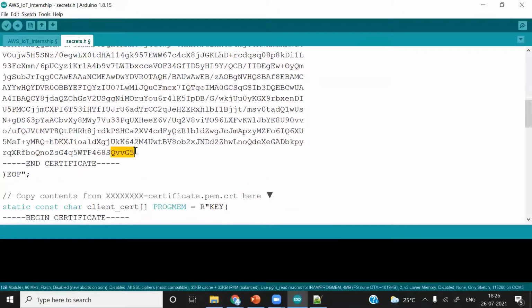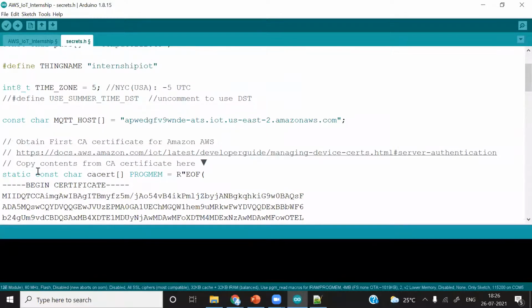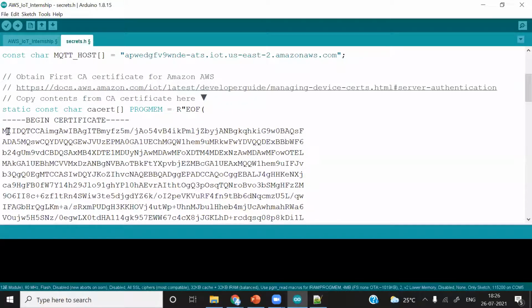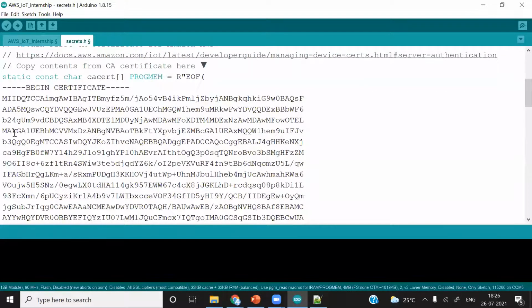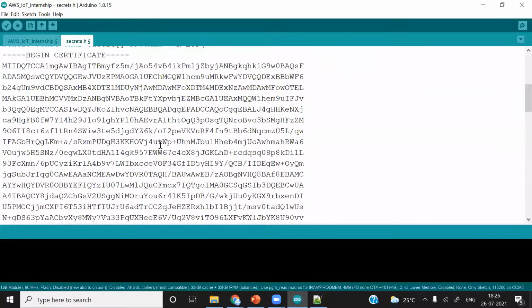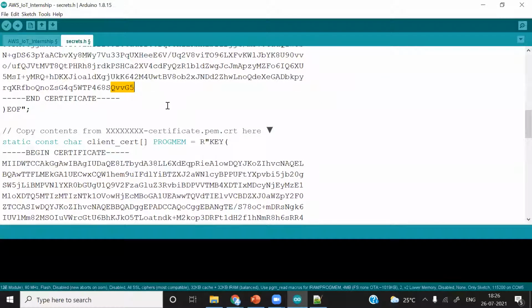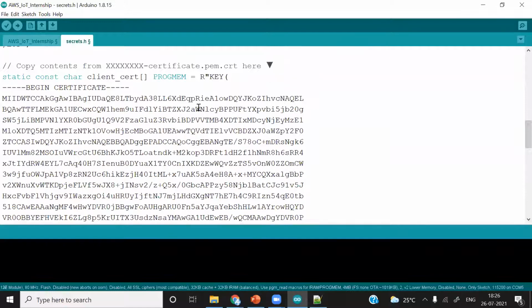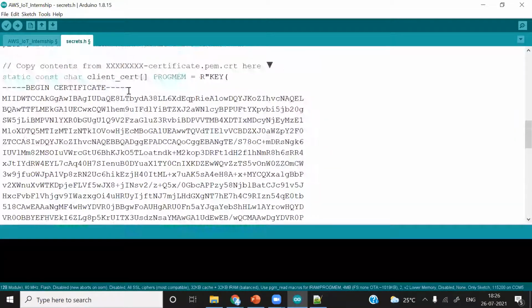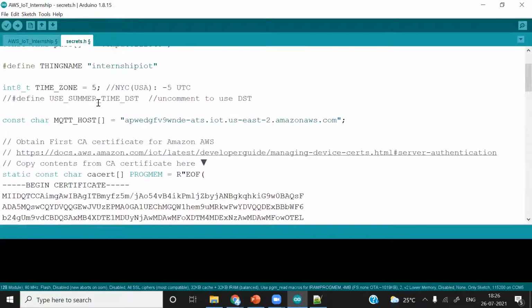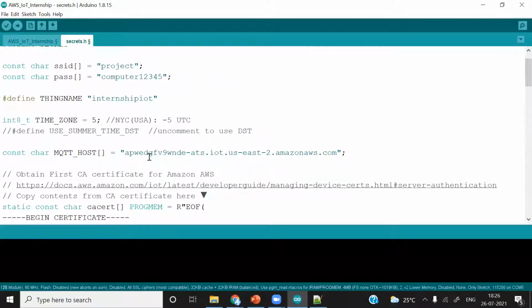You can see QVVG5 and whatever the initials were there. For each thing you are going to create, the CA certificate is going to be the same. The only things which are going to be different are the client certificate and the private key. So everything we have followed. Now we will confirm this one.